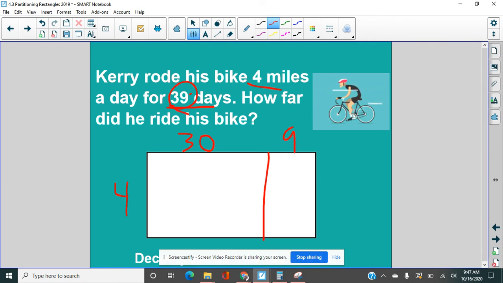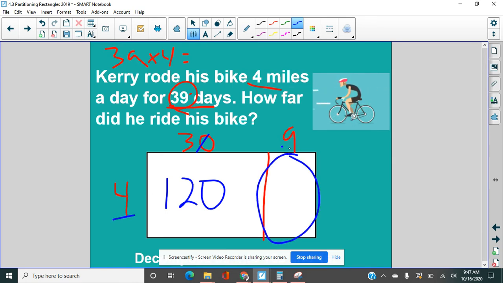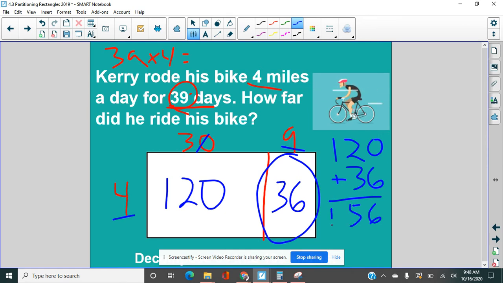Now we can multiply the two parts, because really what we're doing here is multiplying 39 times 4 and getting an answer. But I'm showing you how to do that by partitioning this rectangle. So I cross off the 0. 3 times 4 is 12. Put the 0 back. And now for this box, I'm going to multiply 4 times 9. 4 times 9 is 36. Then I'm going to add my two answers, and I get 156. 156 what? Miles